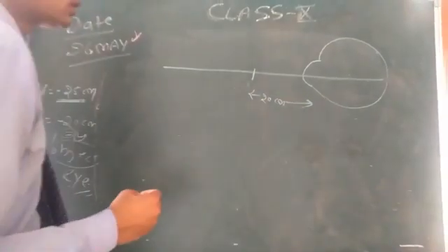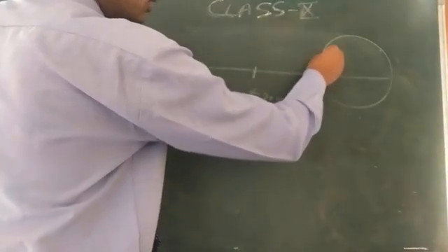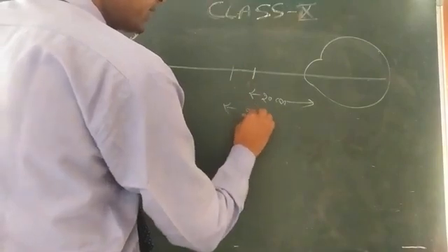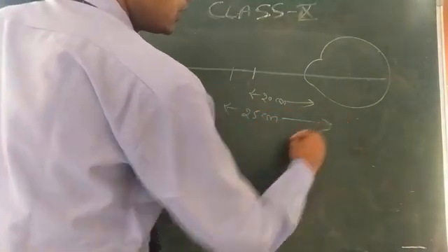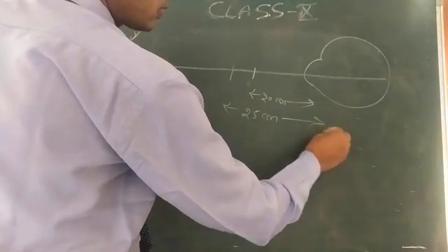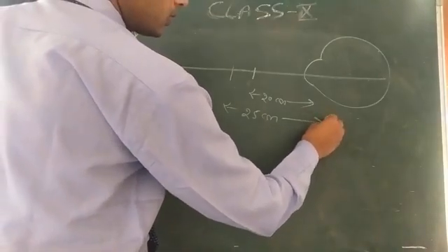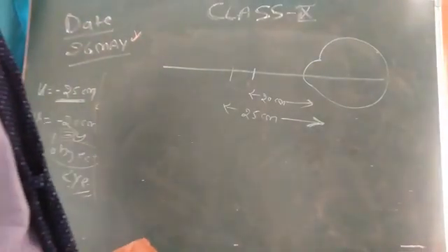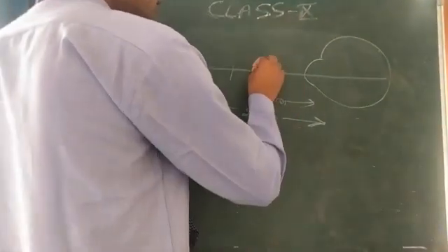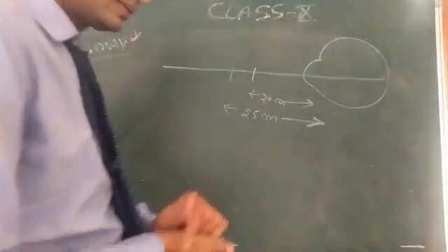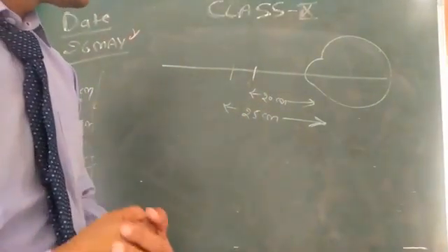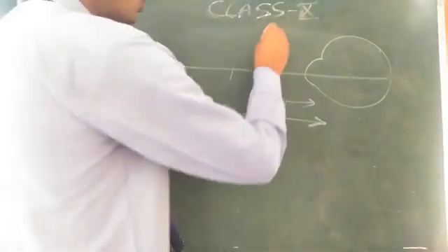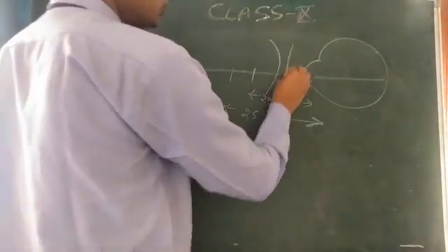The short-sighted person wants to read a book when placed at 25 centimeter. This is the near point for a normal vision. So there is a need of a lens. As you know, in a short-sighted person there is a need of a concave lens to remove this defect.